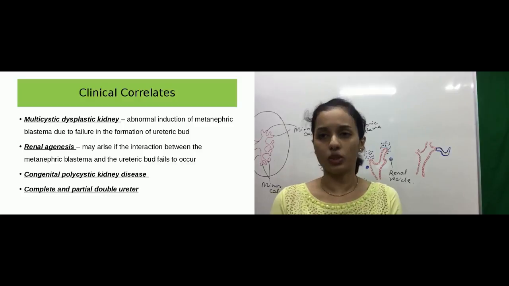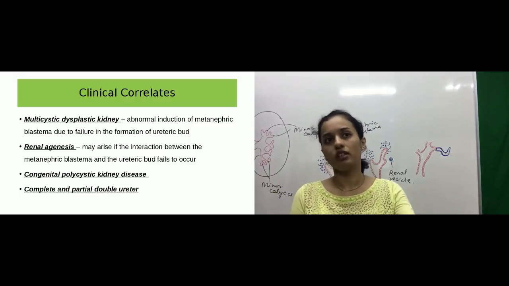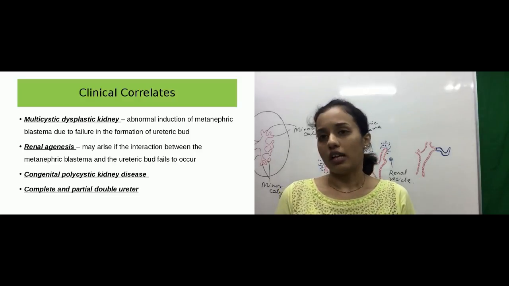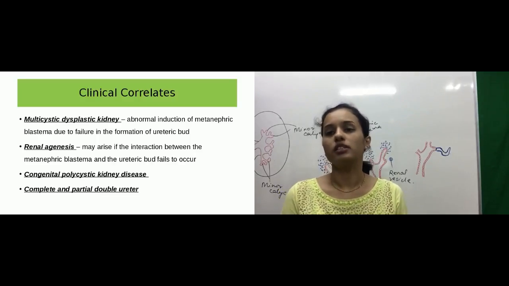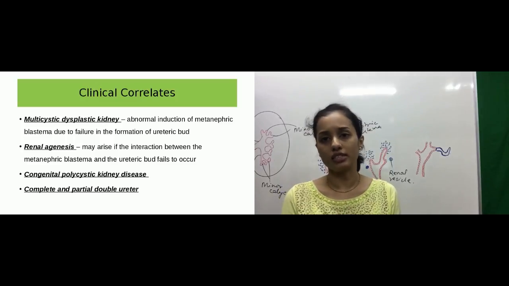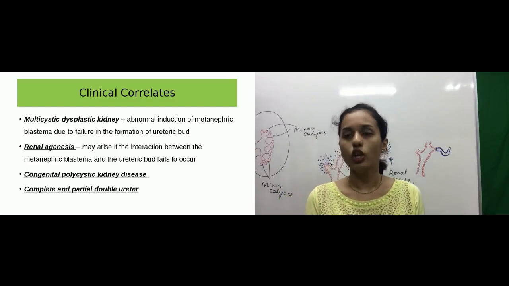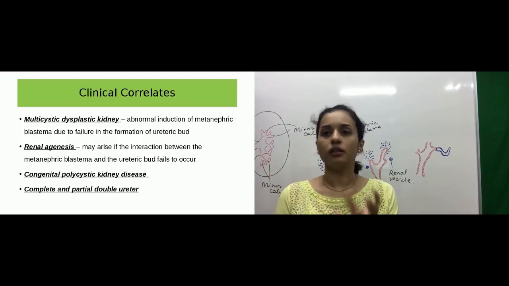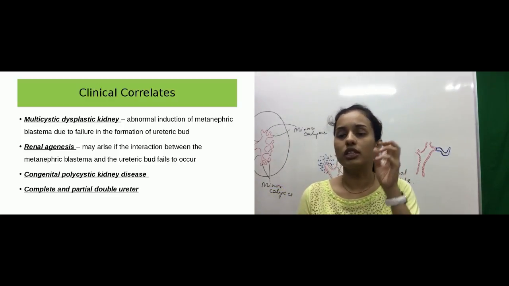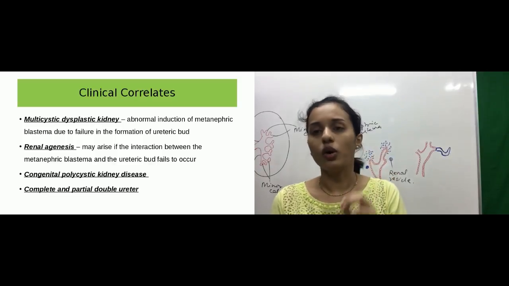Among these two, autosomal dominant is most common. It's a type of adult variety where it can be presented later in life. As I mentioned, autosomal dominant is the most common one, but there can be a condition called autosomal recessive polycystic kidney disease. So here, around the collecting tubules of the kidney, there will be formation of different cysts which are filled with fluid,